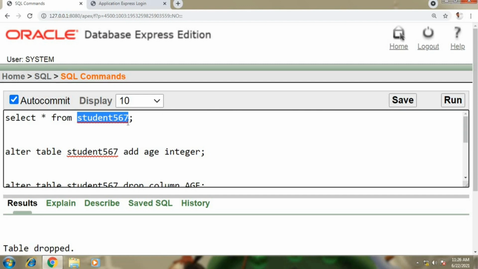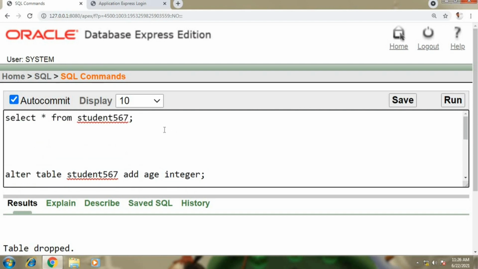In today's lecture, we are going to see the data definition language, DDL. In this, we have seen only one thing, that is create. Try to observe your screen. We have seen create, but in today's lecture, we are going to see two more DDL statements, that is alter and drop. We are going to see these two commands.